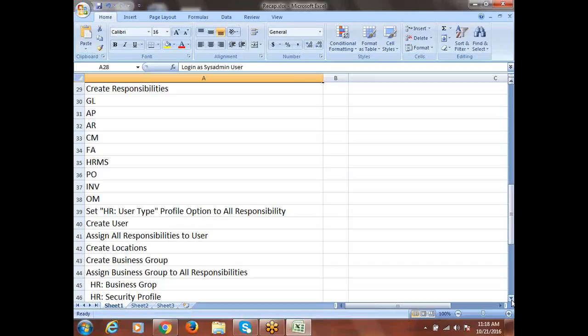to all the responsibilities. Here I don't need to say which profile option and all, unless the person is going to ask a cross question. Not required. You don't want to say we'll create the responsibility, we'll create the business group. The business group will be assigned to all the responsibilities, and then after that what we'll be doing is creating the